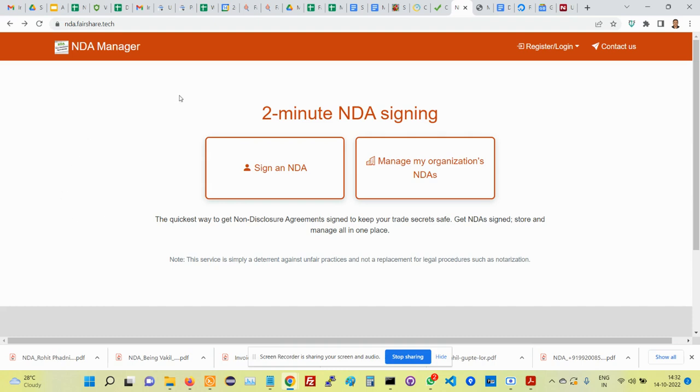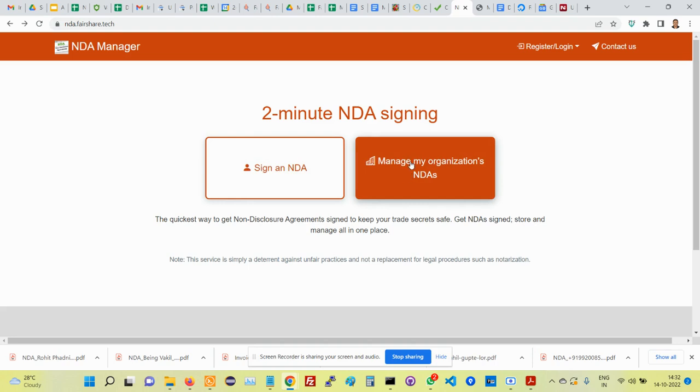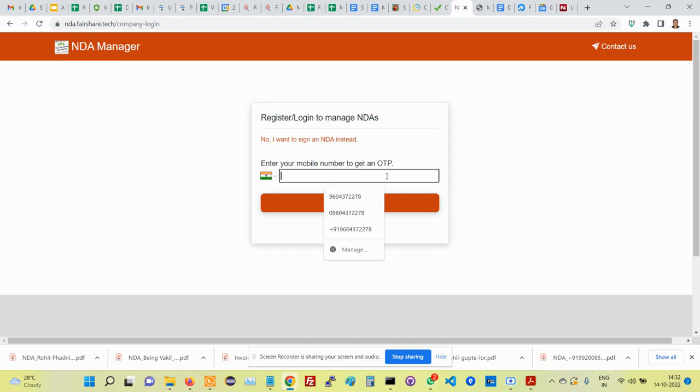So how do you start with this? Here there are two buttons. One is sign an NDA. This is the case where the vendor or the interns or the staff use this button. But if you're a company, then you use this button. I will show you both, but let's start with manage my organization's NDA. So here you go. Then you enter your company's number,